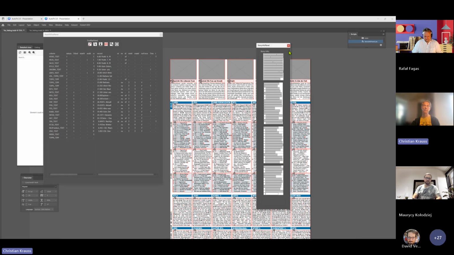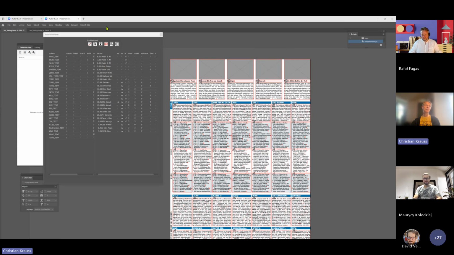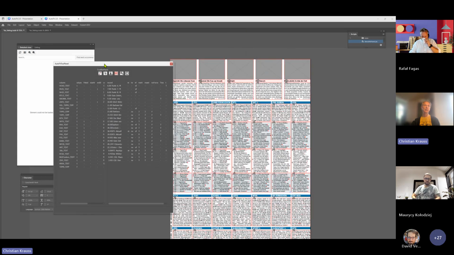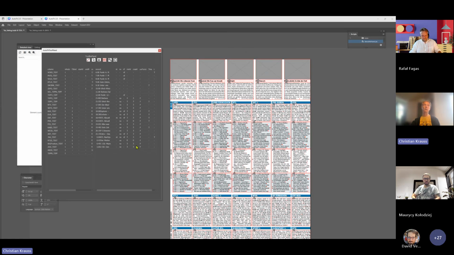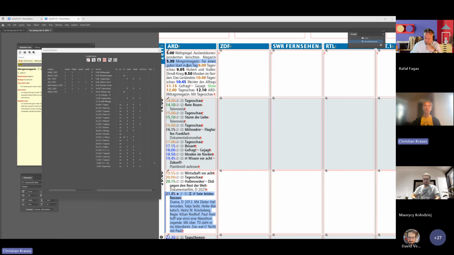Okay, the other problem is, and this is why this monster is here on the screen, which I didn't go on developing after I knew that InDesign is removing the script functionality, but is providing another script functionality. That doesn't mean that we are not developing a tool panel. We are going to develop a tool panel to have some functionalities available here, and for example, check the parameters of